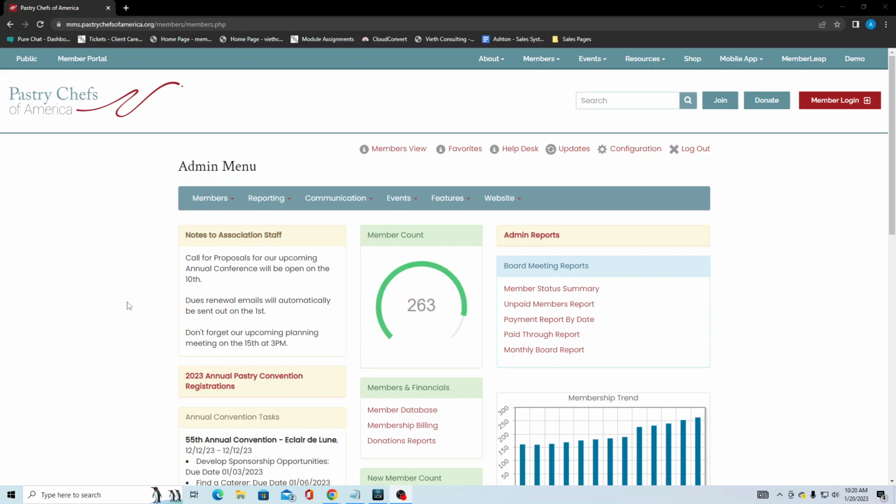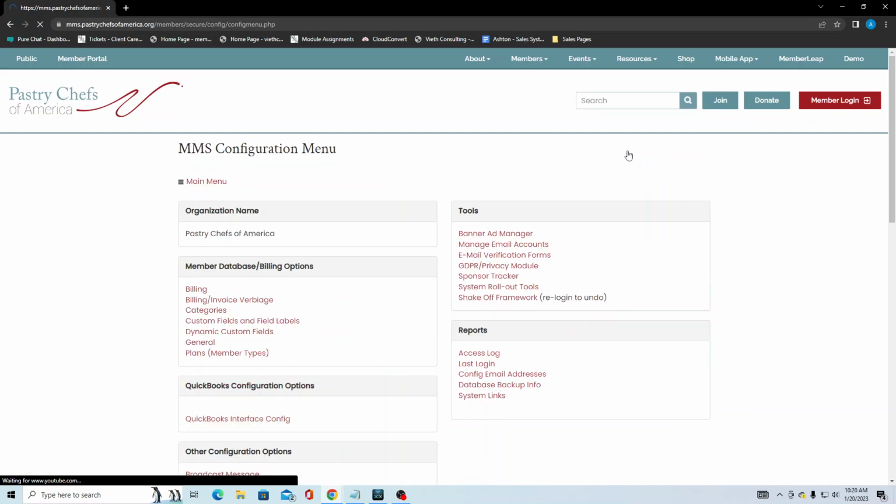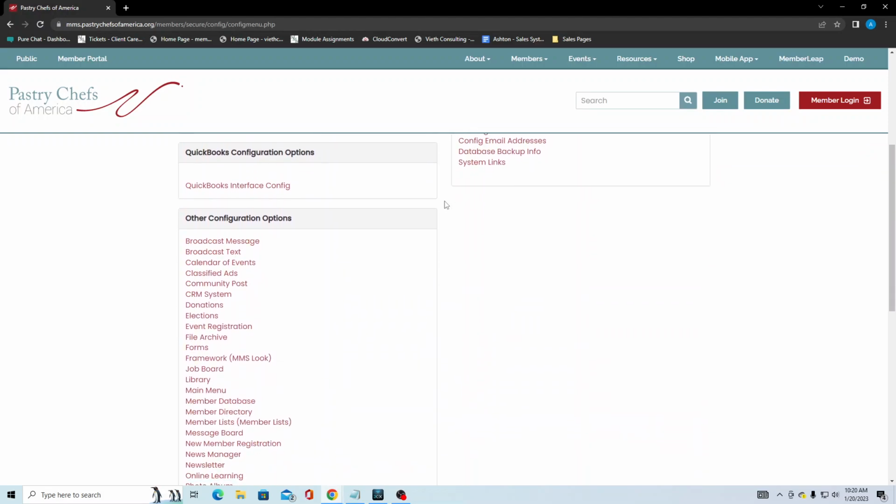Hi, today I wanted to go over more detailed information about our member database. So to start with, we're going to look at the configuration for it, and look at some of those options. So under the configuration menu on the admin menu, then under the other configuration options, we're going to go to